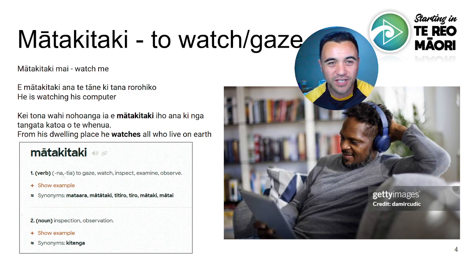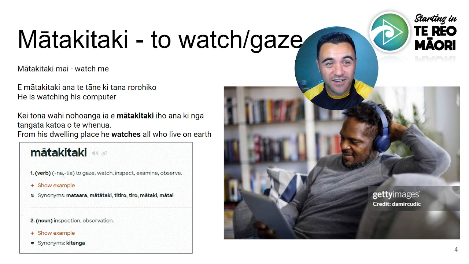And some examples here. Mātakitaki mai. Watch me. Now, if I wanted you to watch me with intent, it might be that I'm doing a performance. It might be that my 3-year-old wants to show off their dancing. It might be that someone's on stage. Mātakitaki ki a rātou. So in this case, we're not just looking at it like kite, we can't just see it. We're looking at it with an intent.